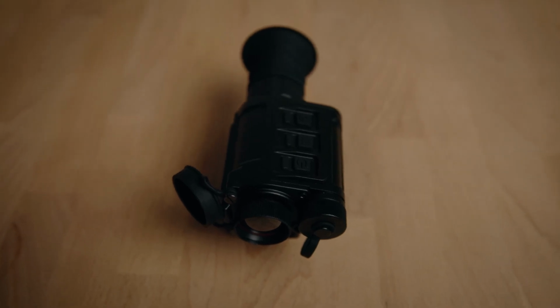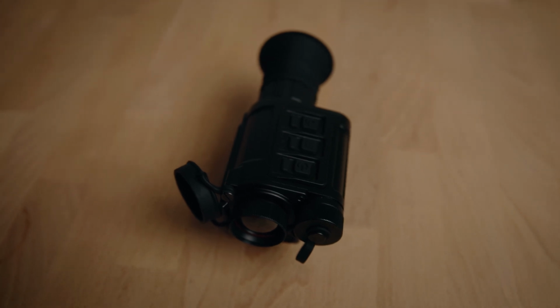What I didn't like on this unit is the menu structure, or how they actually do this, because you have 3 buttons here. One is on, this is the picture button, and this is a menu button. But when you go into the menu, it's super hard to navigate. You can go left and right, and then you can go into a point and you can change it, and then you have to hold this for a very long press, and then you're still in the menu, and you cannot undo the menu, because if you try to get out of the menu, you just go 1 slot to the left, and you just have to wait until the menu disappears after like 20 seconds, which is really